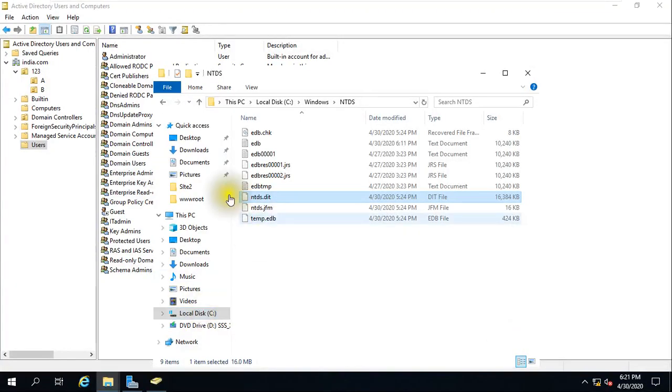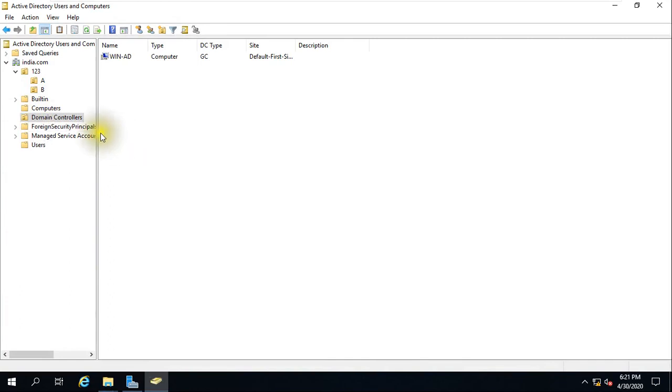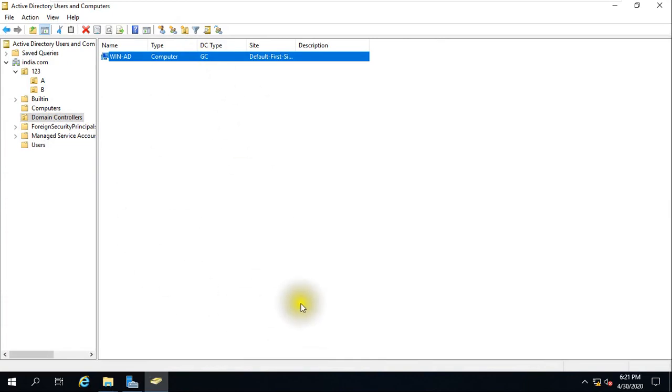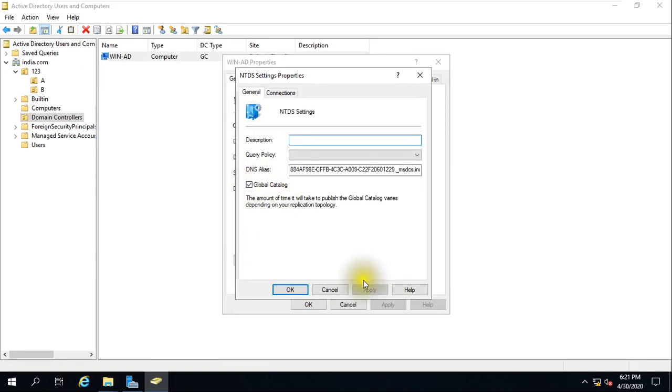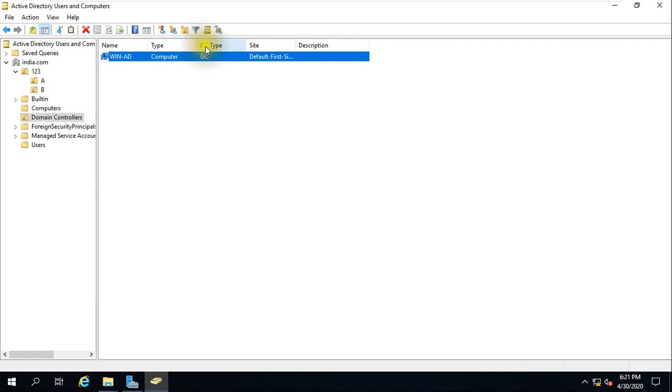So this is the difference between global catalog and domain controller. For example, I have deployed one domain controller. This is my domain controller, and it is acting as a global catalog also. Why? Because this is the first domain I have deployed in my infra. So your first domain will be the root domain, and that will be your global catalog. If you want, you can change it, but if you don't have any other server as a DC, then you should not change it. You can go and remove it from here, and you can see it is telling you the DC type. So the DC type is global catalog.